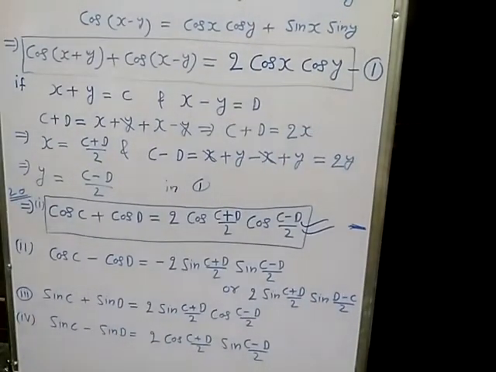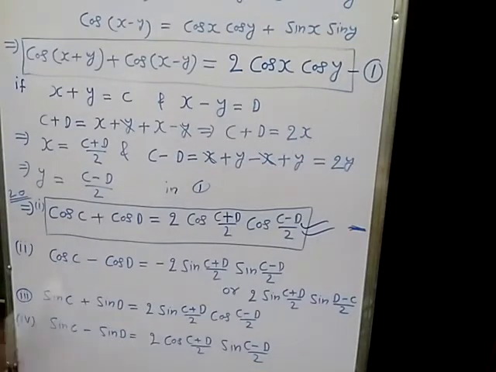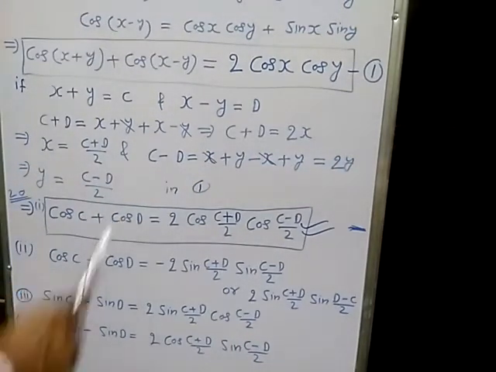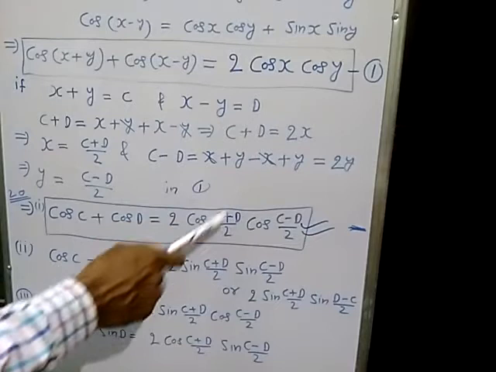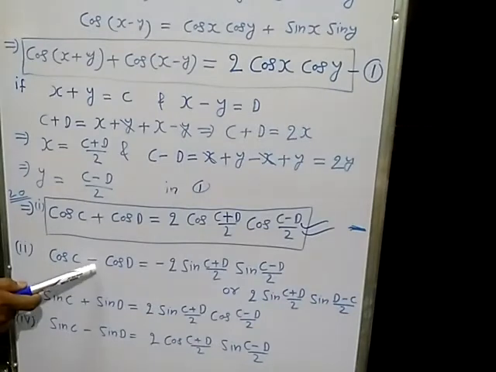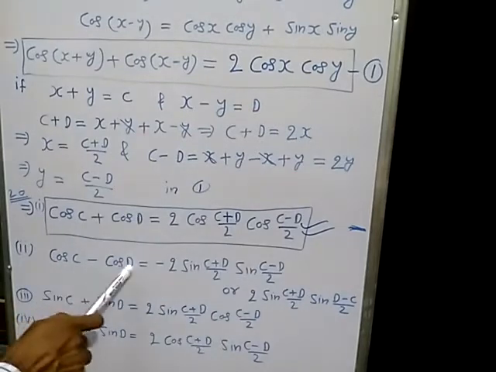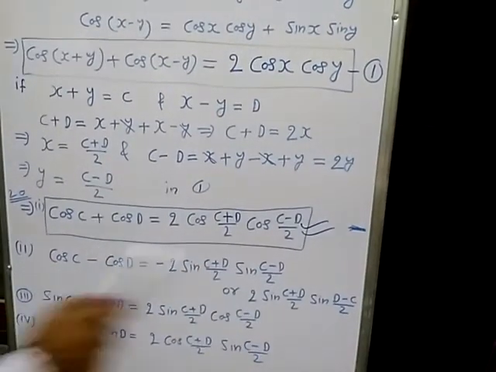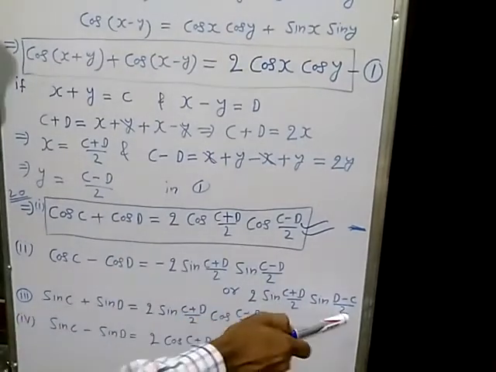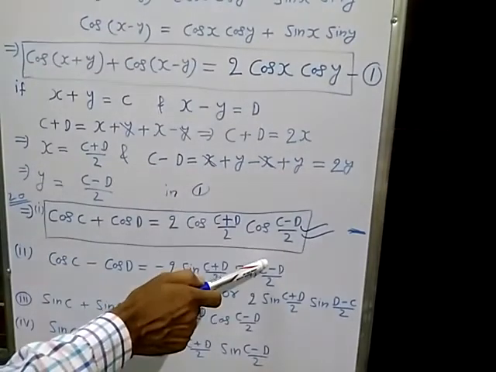So these are the properties of the C and D rule. You can learn these properties, and this is given in the NCERT book as property number 20. It is written cos x plus cos y. Cos x plus cos y is twice of cos (x plus y) by 2 into cos (x minus y) by 2 in the case of positive. But in the case of negative, both are in sine. So you can learn this one: 2 sine (x plus y) by 2 into sine (y minus x) by 2, you have to remember y minus x by 2. Otherwise take minus 2 sine (x plus y) by 2 into sine (x minus y) by 2.